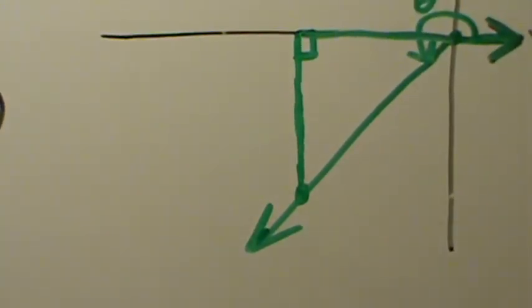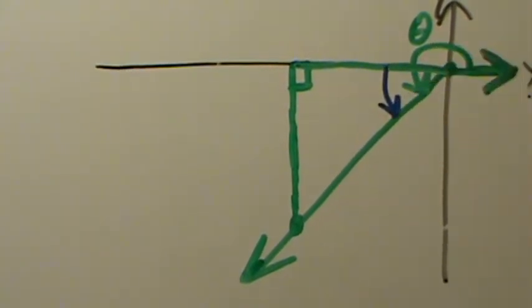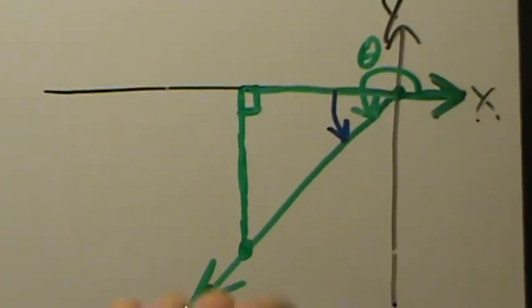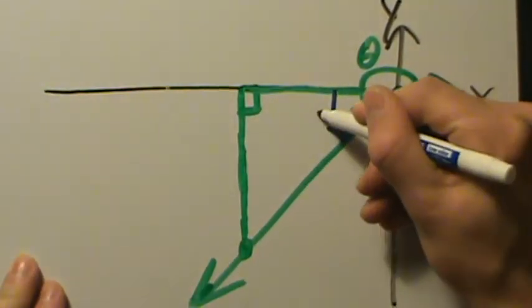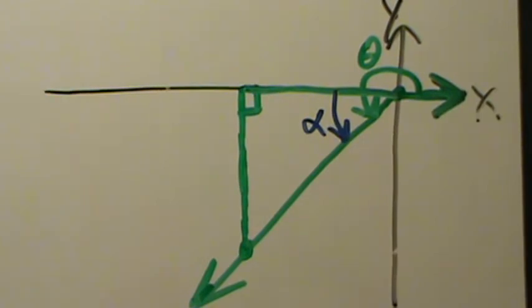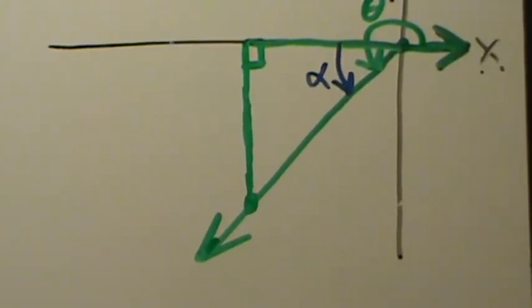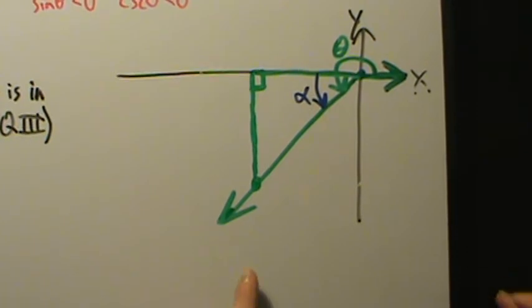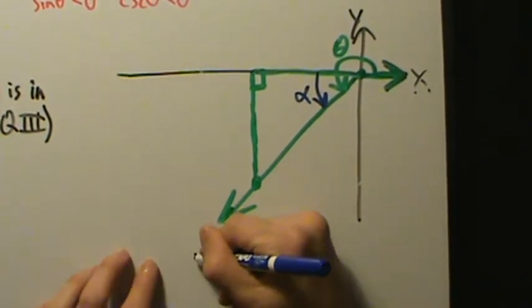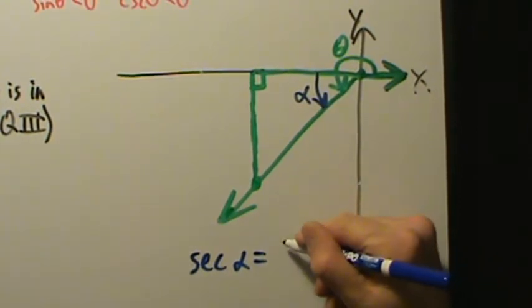Before we use that though, what is this angle right here that I just labeled? That's the reference angle for the angle theta. So let's call this alpha. Again, we can call it whatever we want besides theta, but let's just call it alpha, because we like using Greek letters for angles, I guess. So let's zoom back out just a bit. Now what can we say about the secant of alpha? Secant of alpha equals